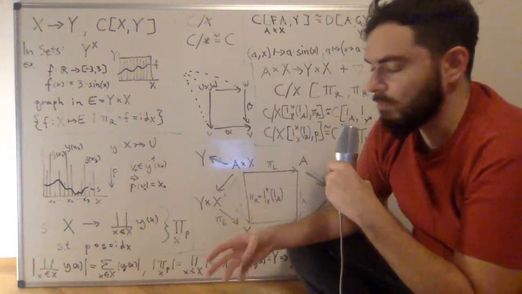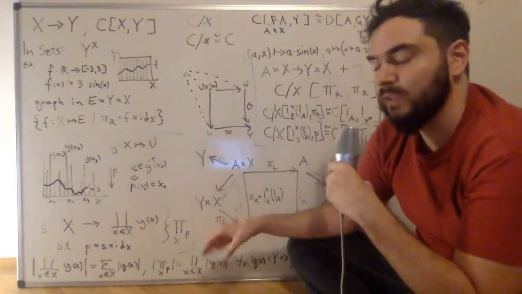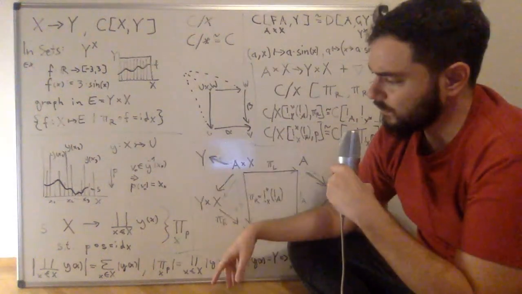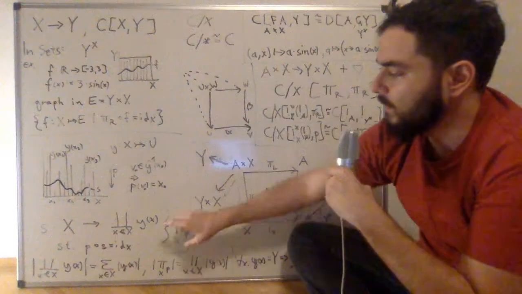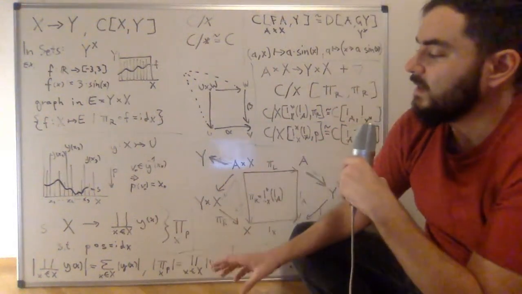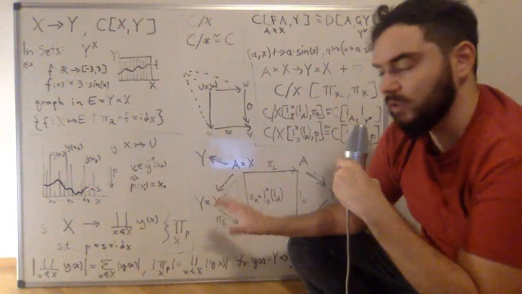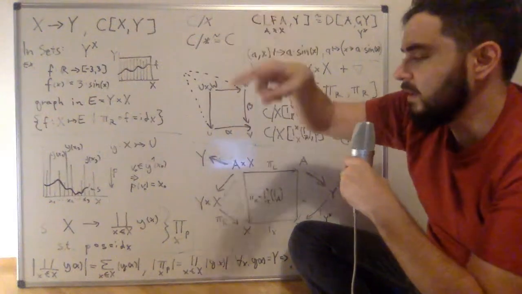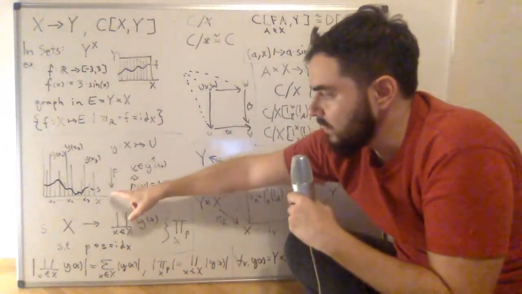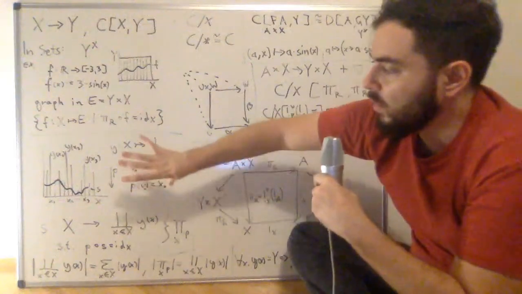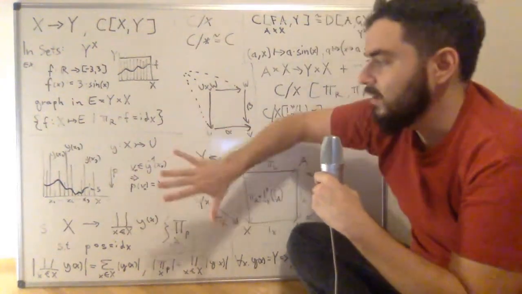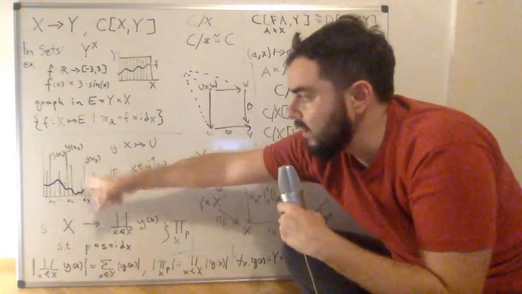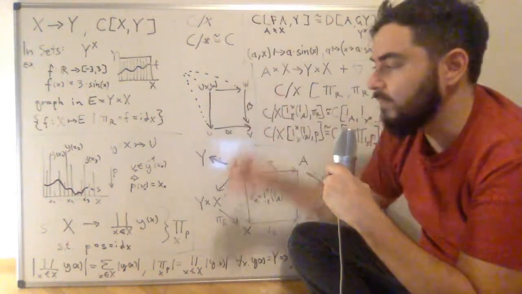So let's make some observations about this dependent product, as I have now described it, in the world of sets. First thing, if we look at this disjoint sum, and let's say that all the sets involved here are just finite sets for the sake of it. So x is a finite set, and each fiber y of x is also a finite set. Then if we look at the cardinality of the space in which a graph is drawn, if we sum together how many possible different values there are,